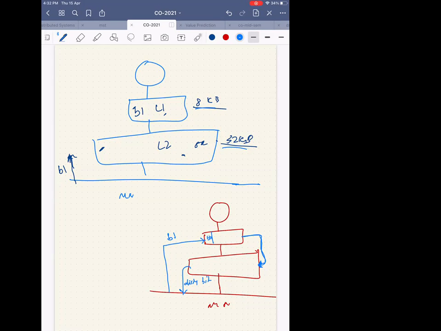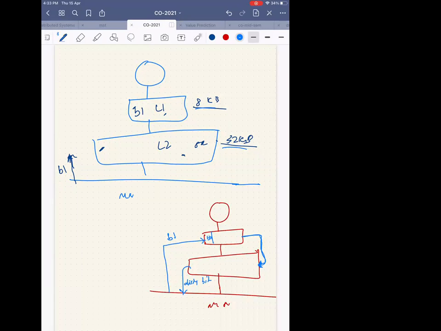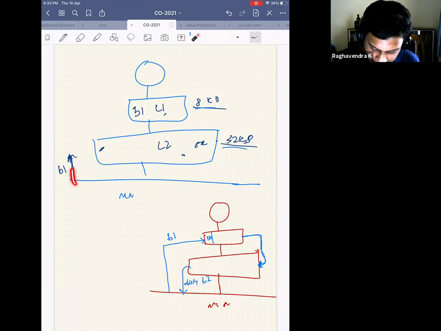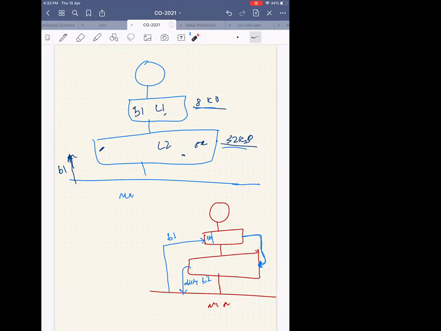Okay, the question is, from the first level of cache, can we directly write into the main memory? No, that is not the question. The question is, when I bring a block B1 from the main memory, do I write it to the L2 and then to L1? Both? Do I make a copy of them? Both? Like I would wish to write it to L1 first, and when it is finished, then I can bring more into the L2 cache, right?